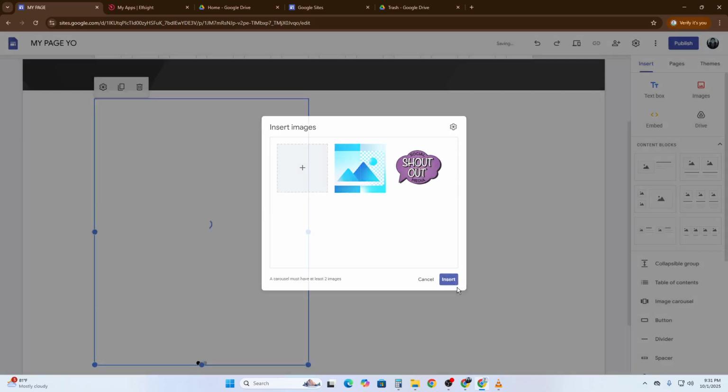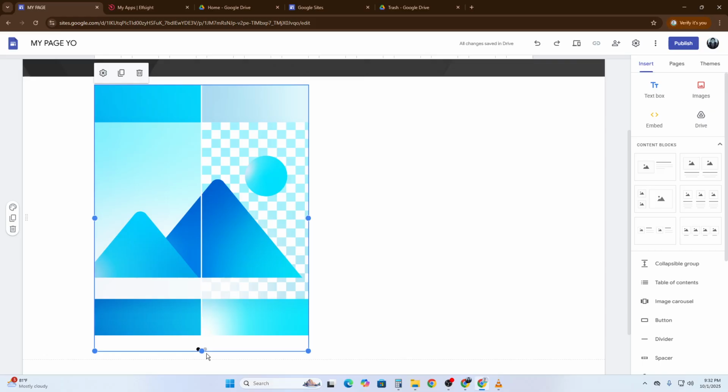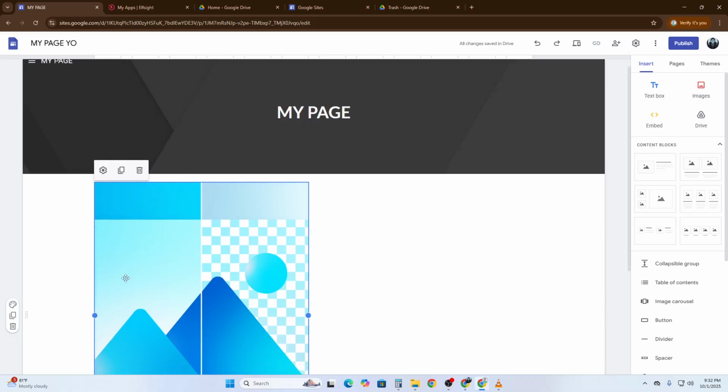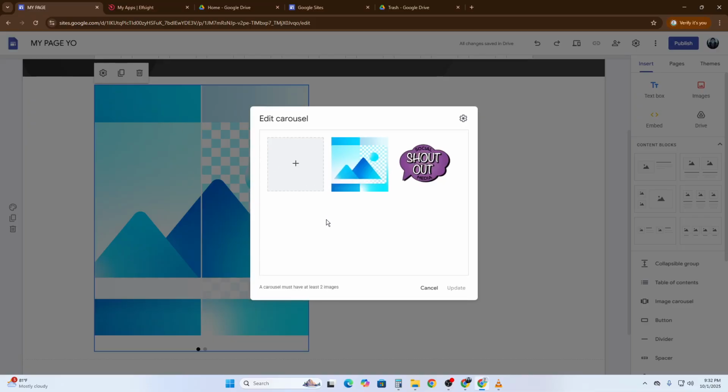Once your images are added, you can easily reorder them by dragging and dropping. But that's not all. You can also customize how your carousel behaves. Click the Settings gear icon, and here you can choose to auto-start the carousel or display navigation dots, giving your